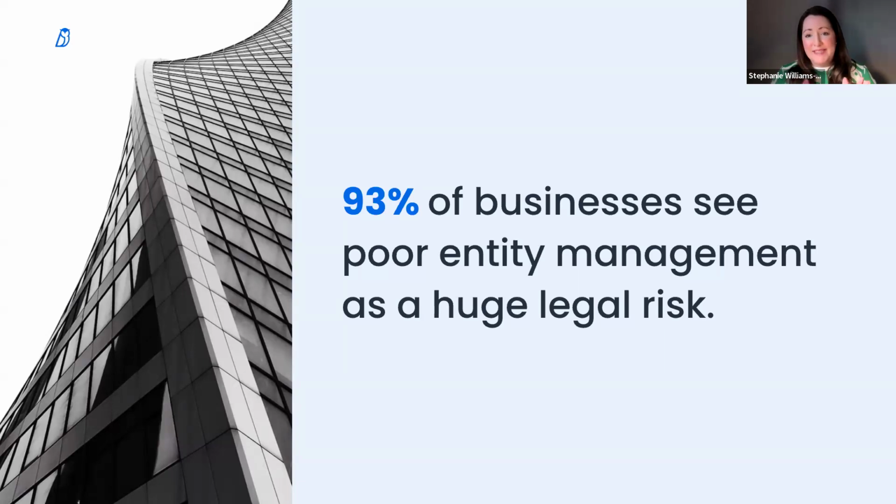So I was quite happy to see this statistic coming through, and that there was a real understanding from people that if we don't properly manage compliance, and if you don't put controls around entity management, this is a massive risk. And that's not only from a regulatory risk perspective, penalties, as we've discussed before, financial or otherwise, but also reputational risk. We've seen this with board meetings not being properly documented, AGMs not being held in the right way, and what the repercussions are there for publicly traded companies.